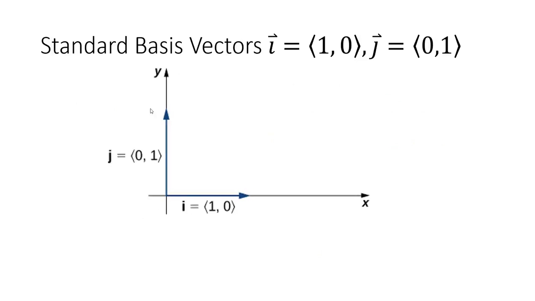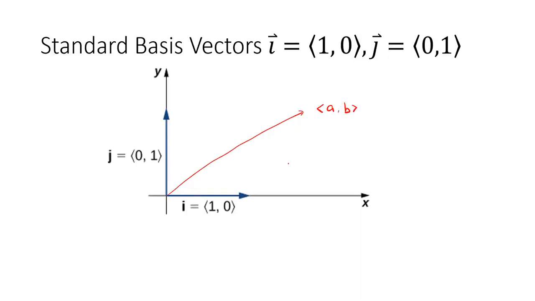Now the last thing we're going to talk about is this standard basis vector. So instead of writing these component form vectors, sometimes, especially in physics, you would have seen this i, j, and sometimes k notation. This is called the standard basis form, and this comes from the coordinate plane, where our i vector is this unit vector in the x-axis direction, 1, 0. Our j vector is the unit vector in the y-axis direction, 0, 1. So now if you think about any vector,